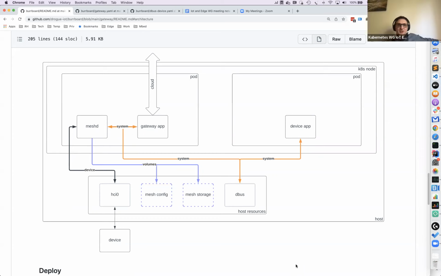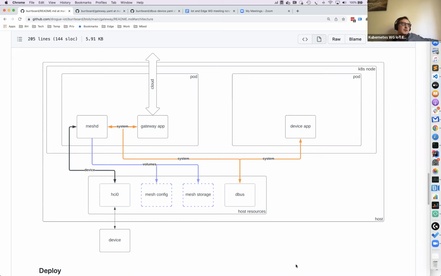So there needs to be a handshake between the device and the provisioner, or the gateway in this case, for the device to be able to join the mesh. I need to dig a little bit more into this, but this is my current understanding of how this works. You get your microcontroller device, you boot it up, and it will start broadcasting its UUID over the Bluetooth mesh, right? It would be seen by everybody else, and the provisioner app as well.